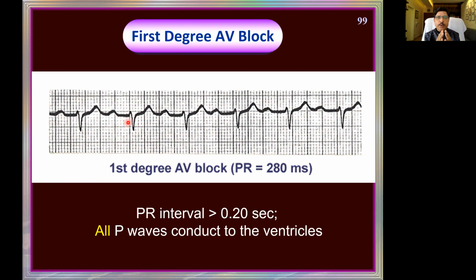It has two components, the P wave proper and the PR segment. P wave is 3 small squares or 0.12. PR segment is 0.08. Together they make 0.2 seconds. Normally, when there is a prolongation of PR interval, the P wave duration is not altered, but the PR segment lengthens. So this is what is called the lengthening of the PR interval.